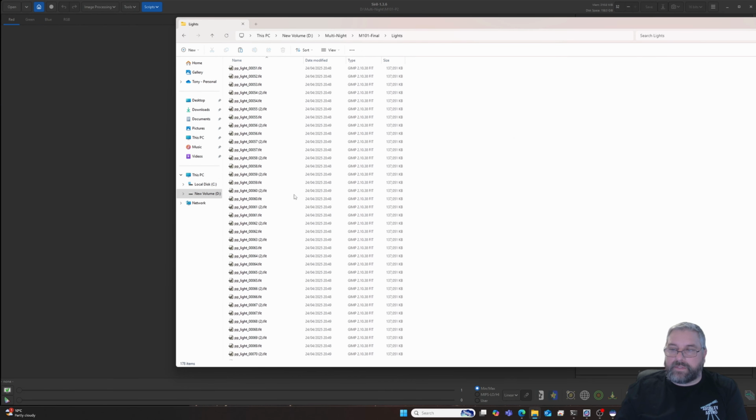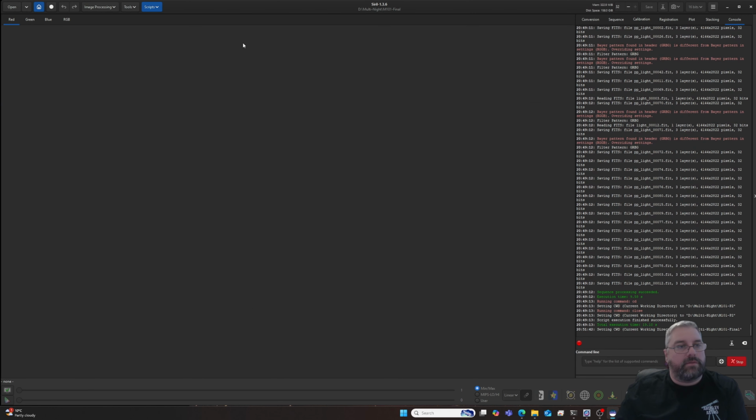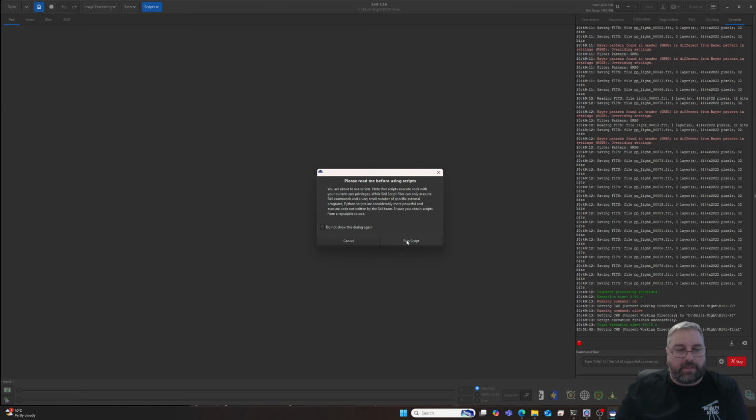These are all the calibrated images. So now what we need to do is rehome to our final folder, and then I've created another script which is called stack only, which should stack all those images together and produce a final stacked output. So if we hit stack, hit that,